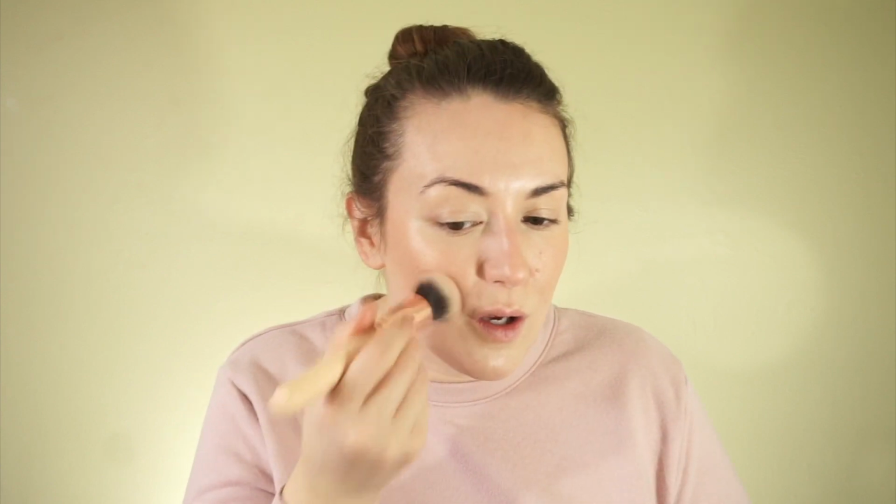And again, just kind of going along with the whole bronzing theme with it. All right, then I'm just going to take this foundation brush and go around the edges. All right, and then this duo here,